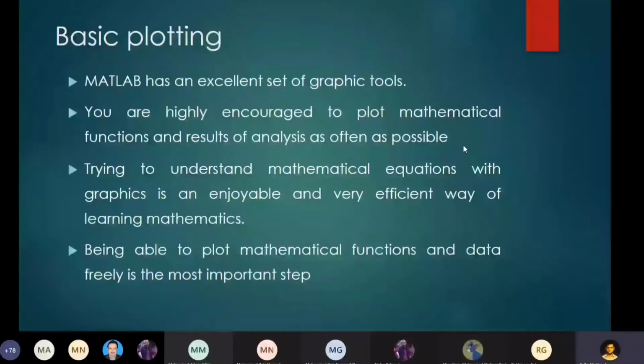Okay, so it's important to know what your data actually looks like, and for that purpose use the plotting commands of MATLAB. Trying to understand mathematical equations with graphics is an enjoyable and very efficient way of learning mathematics. Obviously, when you are actually seeing things happen, it becomes fun and you enjoy things. And being able to plot mathematical functions and data freely is the most important step